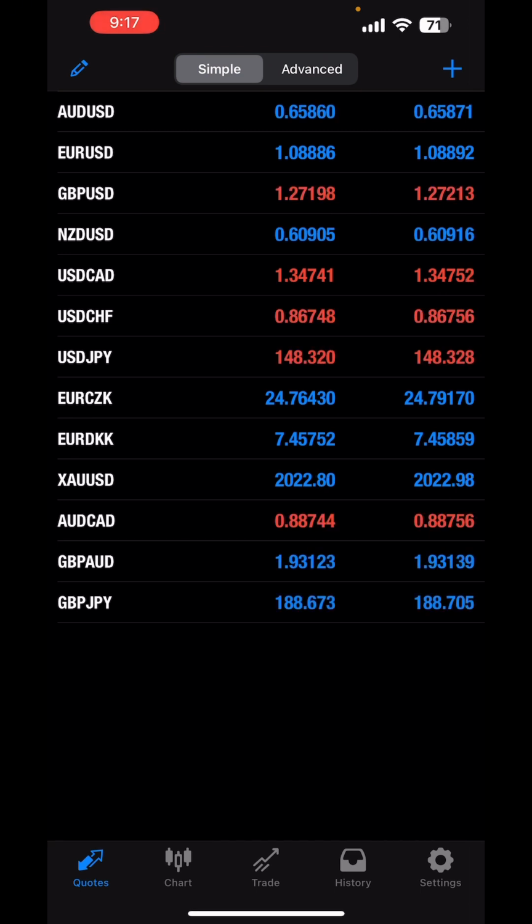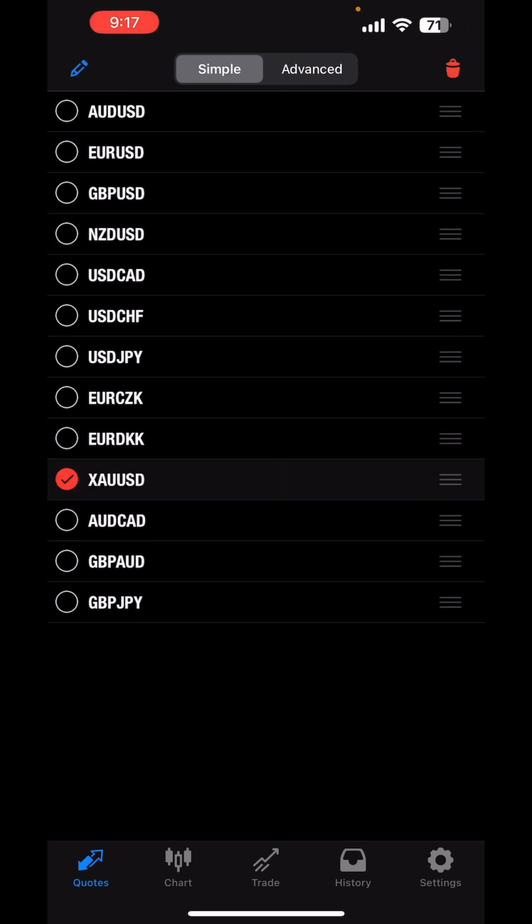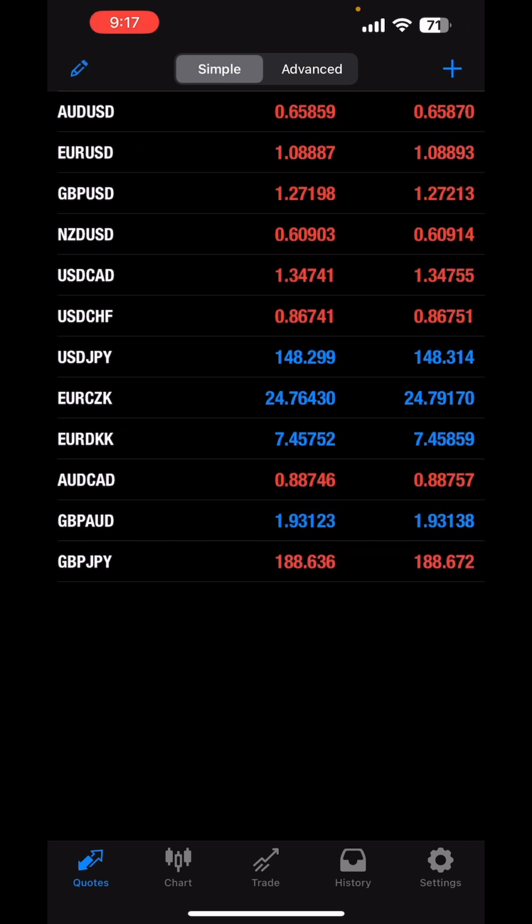Now, on the left side, you're gonna be able to see pairs of currencies, just like in binary option trading. In scalping, you're also gonna be using pairs of currencies. Whenever you set up MetaTrader 4, not all the currencies appear on the left side. Sometimes you're gonna have to add them to your list. For example, let me erase one. Okay. Now, for example, let's say